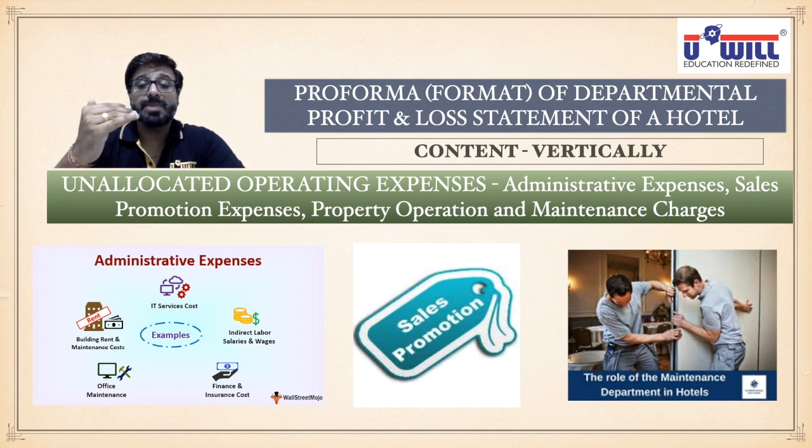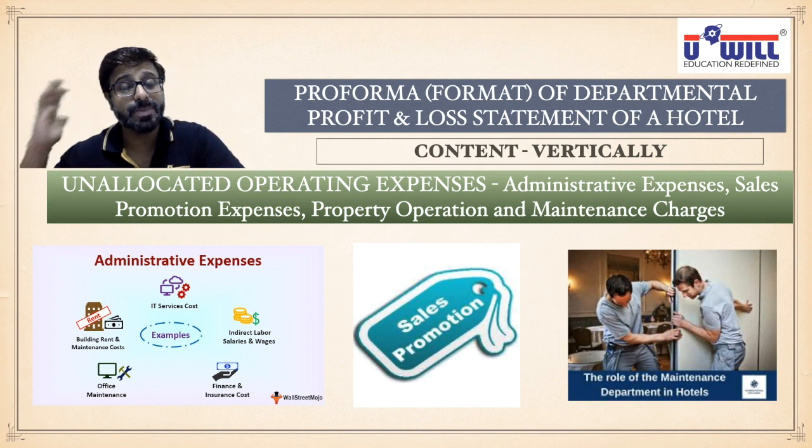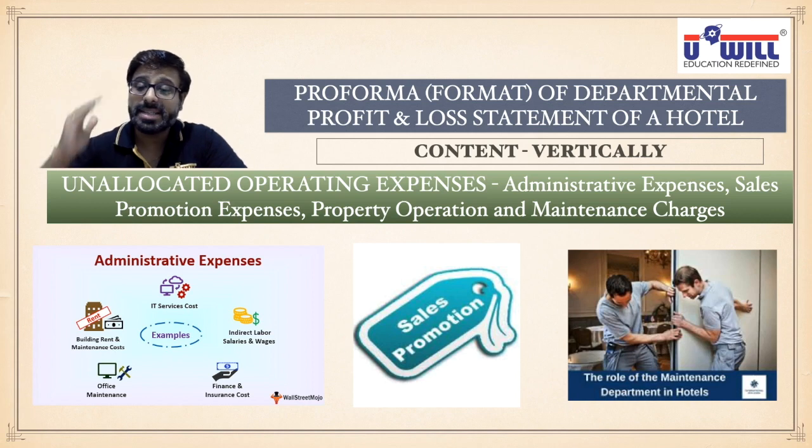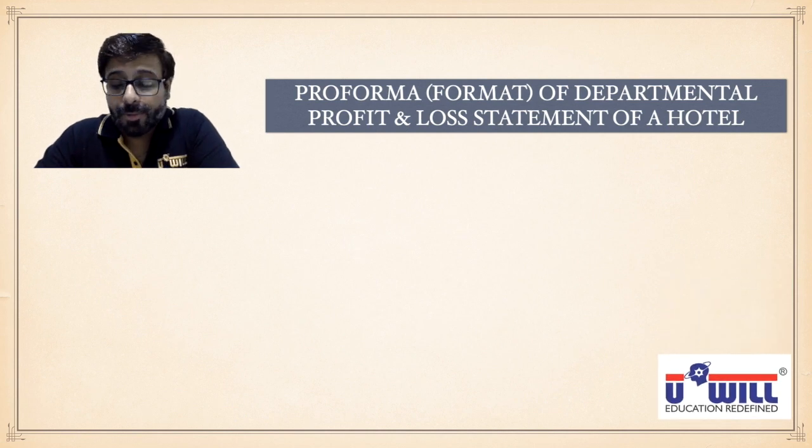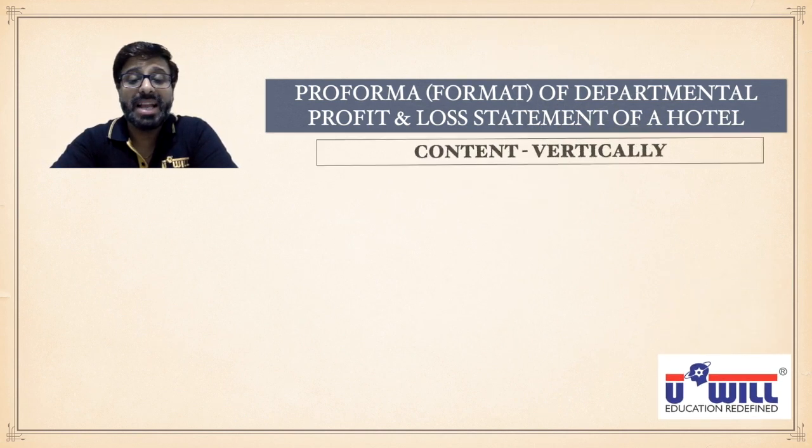Now, whichever expenses cannot be allocated to these five departments, below that we will write unallocated operating expenses. Three such categories: administrative expense, sales promotion expense, property operation and maintenance charges. Now, after that you will have